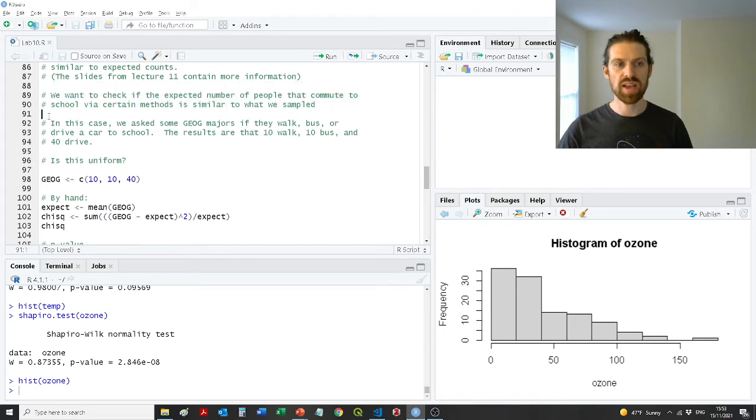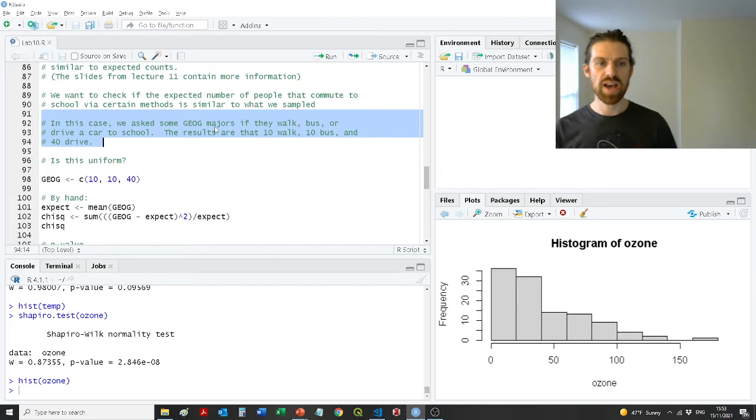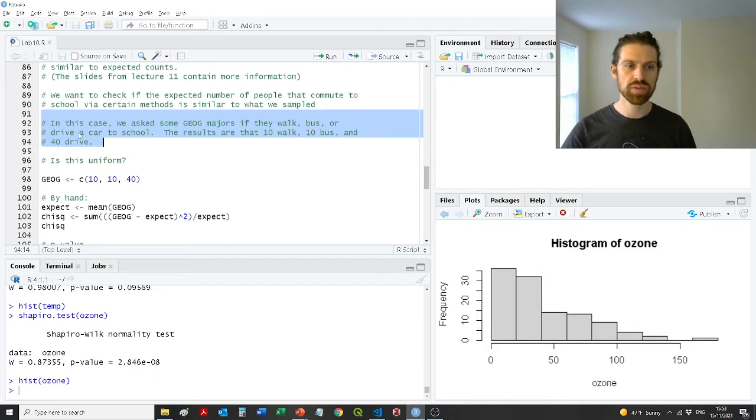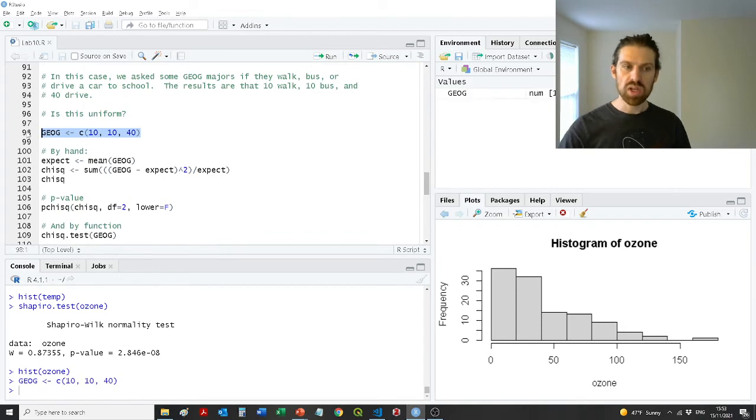So in this case, let's assume that we survey a bunch of people in GGS major students, and then basically find out if they walked, took a bus, or drove to school in a car. And the results are that 10 walk, 10 take the bus, and 40 drive. So the question is, well, is this uniform? So let's input those different modes of transport into our memory, in this vector called jog,